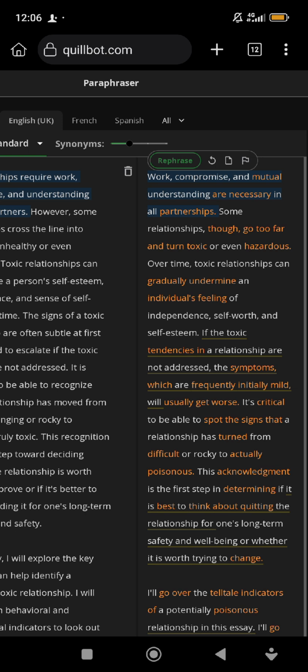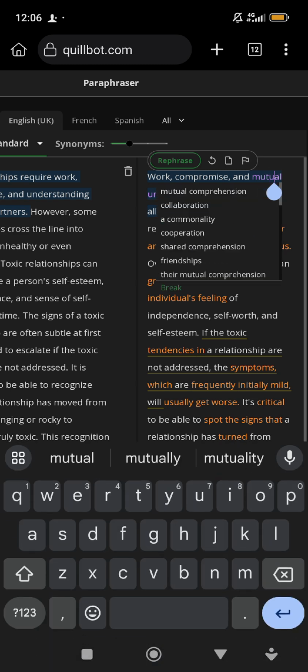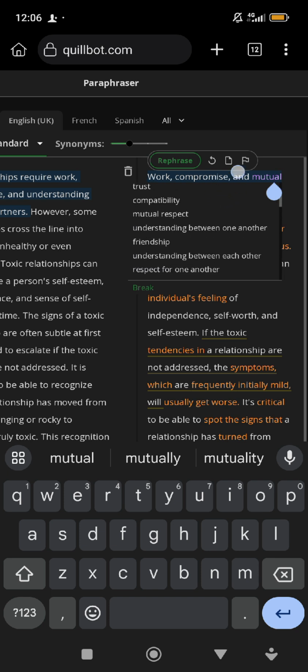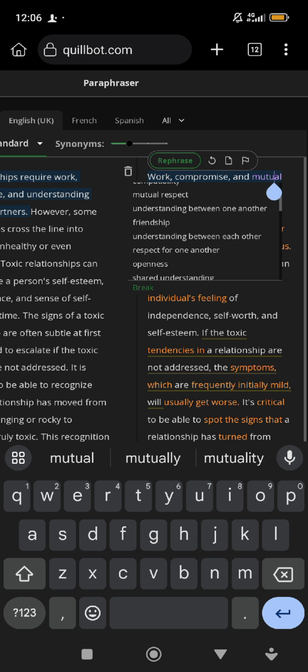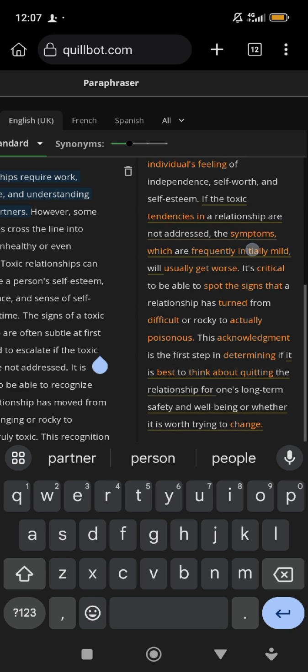This mutual, if you click on it, just like this, you can see suggestions. You can replace that mutual with collaboration, cooperation, shared comprehension, mutual comprehension, compassion, trust, compatibility, and what have you. If you don't want that, you can leave it. So it allows you to even paraphrase all these words, but do well to read through.